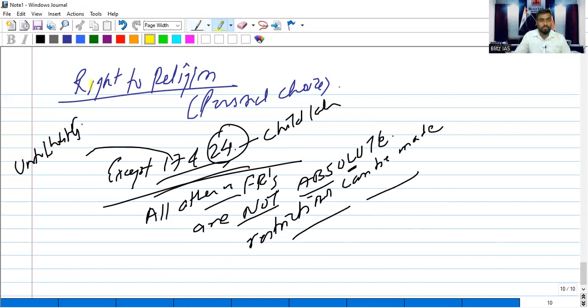राइट टू रिलीजन, फंडामेंटल राइट जो है वो भी एब्सोल्यूट नहीं है. सरकार उस पर रीजनेबल रिस्ट्रिक्शंस लगा सकती है. ट्रिपल तलाक रोक दिया, रिस्ट्रिक्शन लगा दिया ना. So no right is absolute except 17 and 24. Government can curb, but